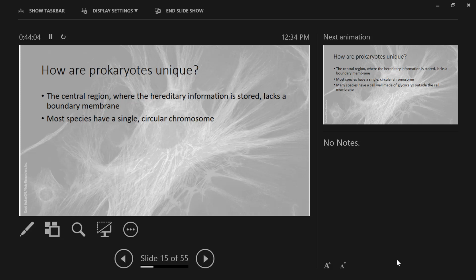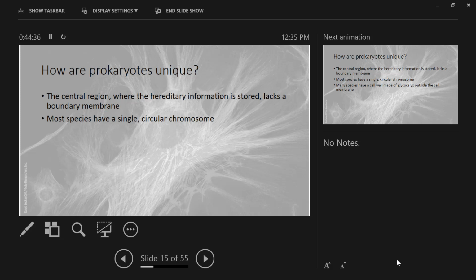How many chromosomes do our cells have? 23 sets of 2 for a total of 46. Okay? So our cells have 46 chromosomes. A bacterial cell typically has a single chromosome, and it's circular. What are our chromosomes? Are they circular? No, they're X-shaped when we actually see them with light microscopy, but they're linear. They look like rods.